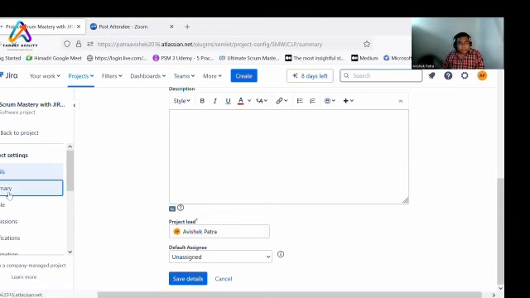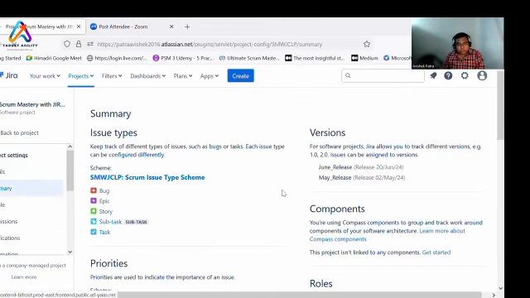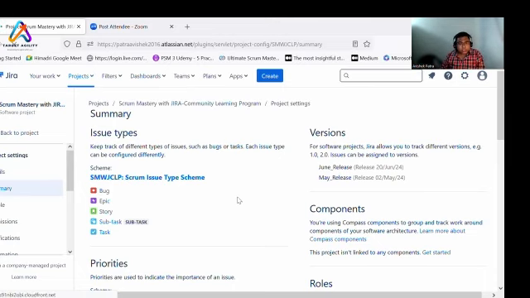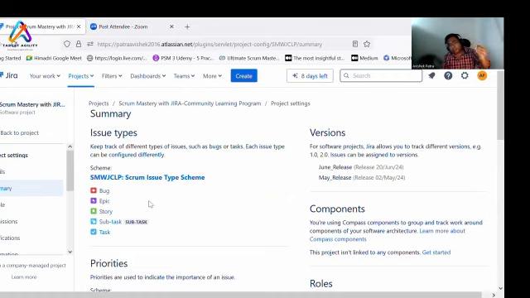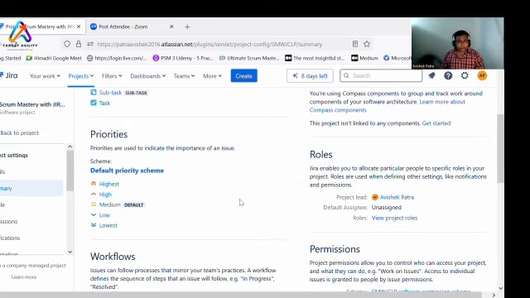Coming to the summary section, I will quickly run through this so that we can start with the session. You will get a host of issue types. For a company managed project, it may start with initiative, epic, story, task, subtask, bug, tech work, risk work, whatever you say, you can define it accordingly.